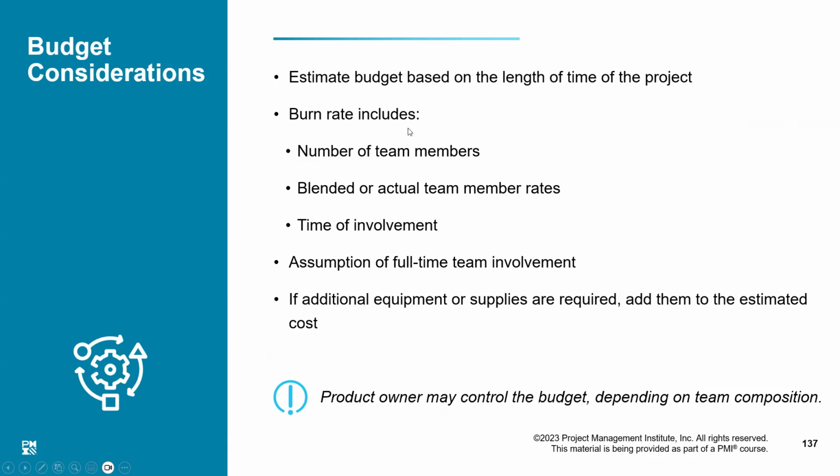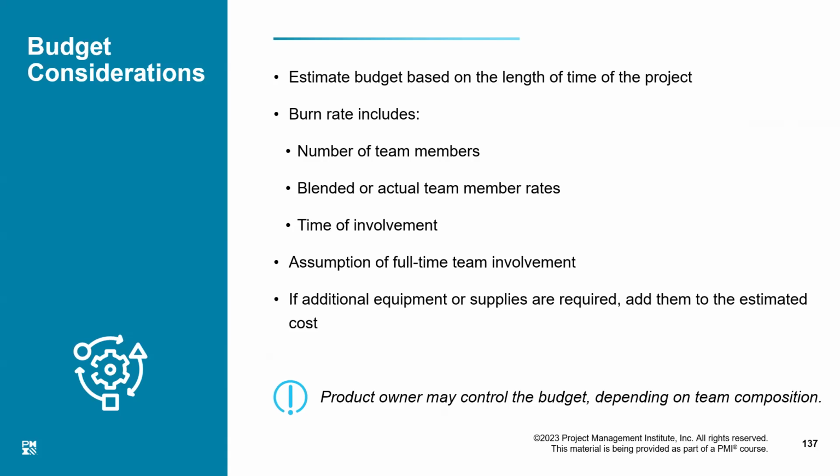Burn rate. What is a burn rate? Burn rate is like a candle burning down. Initially, it is a full candle, but as it burns down, it keeps getting shorter and shorter. Similarly, if I know the total budget of my agile project and I say, okay, out of the total budget, this much has been spent, and now this much has been spent. So the remaining budget keeps getting lower and lower.